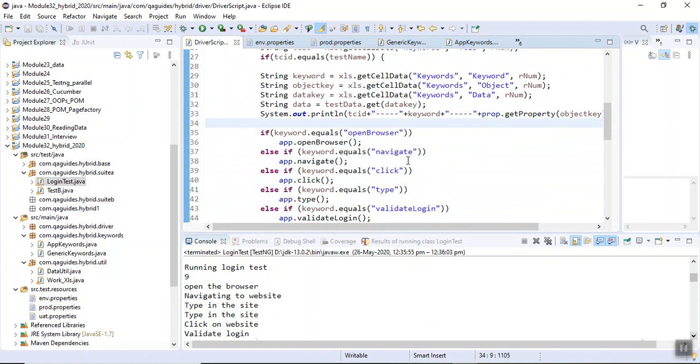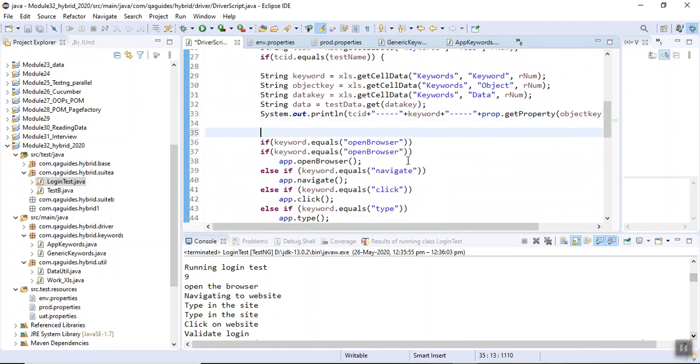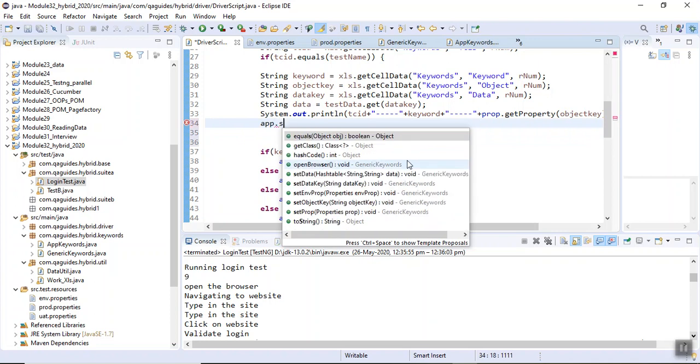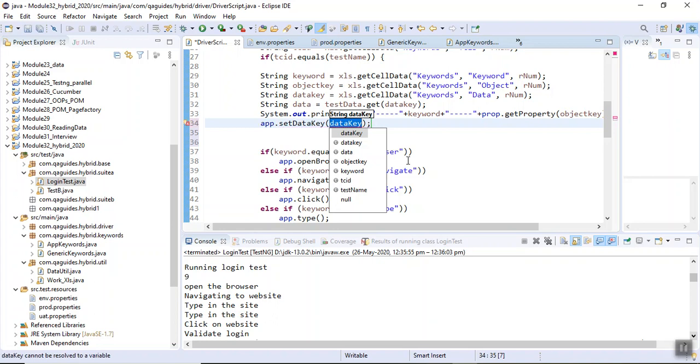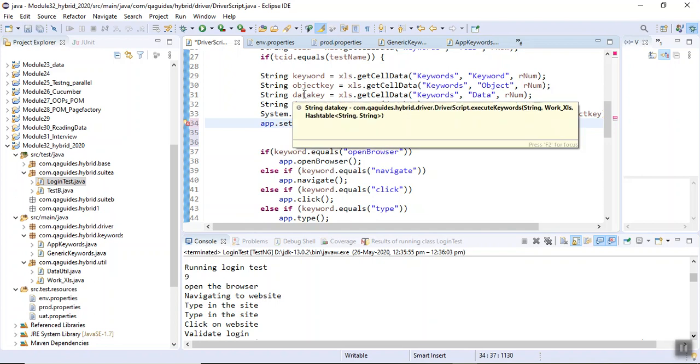Okay, and what I can do, I can put it here as app dot set data key, and I can provide data key. Okay, this is the data key which I am going to provide.